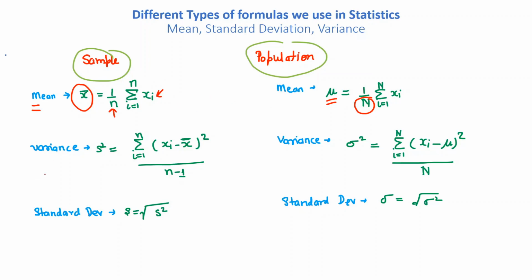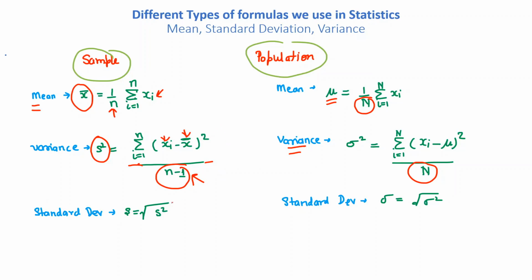The remaining formula is the same. For the variance we use small s square, and it is the summation of i equal to 1 to the total number of data points of xi, which are your data samples, minus x bar, the mean of the sample, the whole square, divided by n minus 1. If you see the variance of the population, all the formula is the same except this: in the population we use capital N only, and here we use n minus 1. This is a pre-tested research approach. If you want to know why we use n minus 1, please let me know in the comment section. I will create a separate video for that.